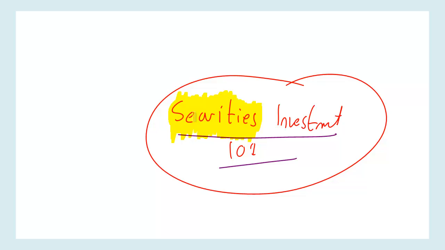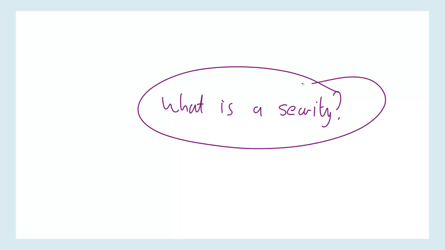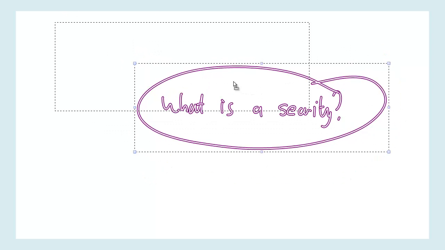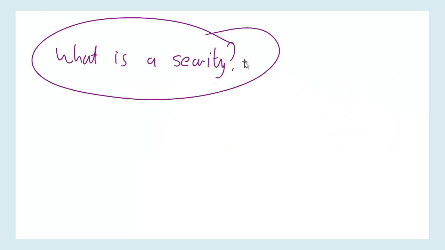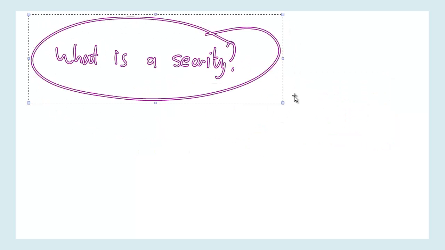So what's the second basic question? I'd say the second basic question is going to be along the lines of what is a security, so that we know that we're in the right place for spending some time. Now, a basic security is a legal secure claim. It essentially turns into being a piece of paper. Let me just grab this and move it up the screen a bit. So, shrink that a bit as well.